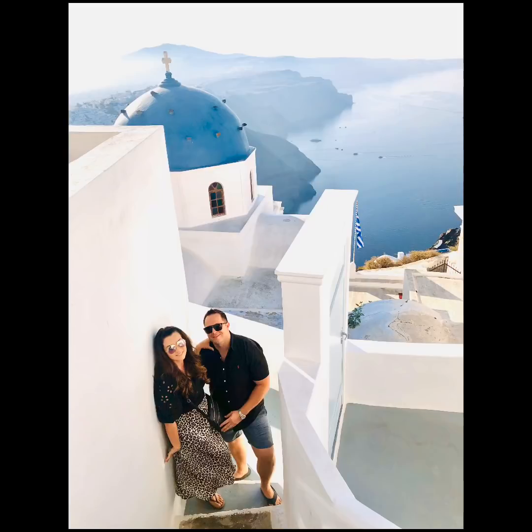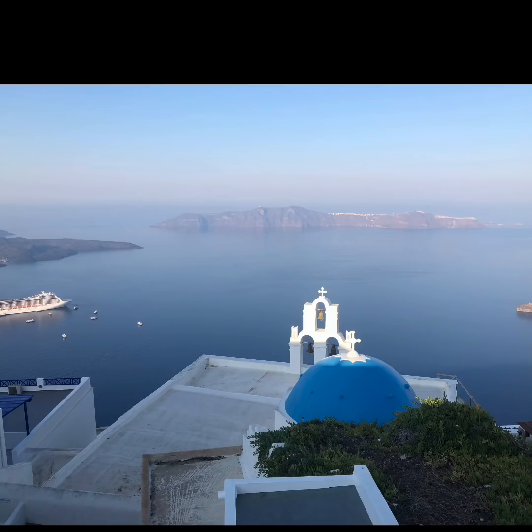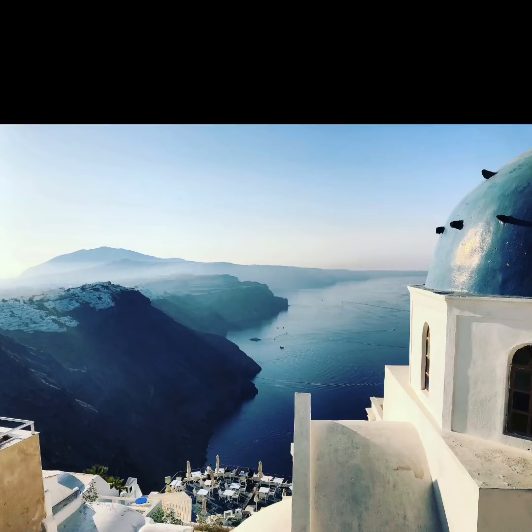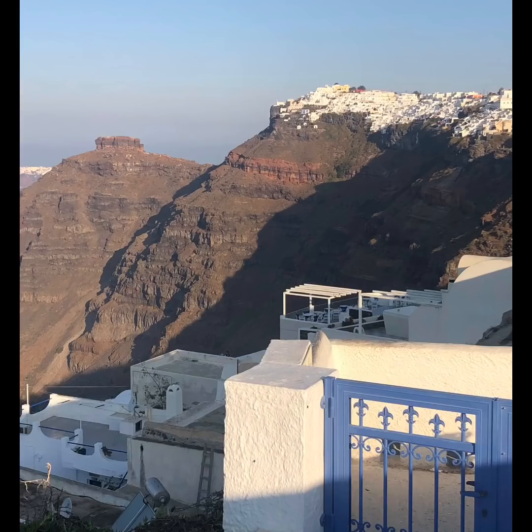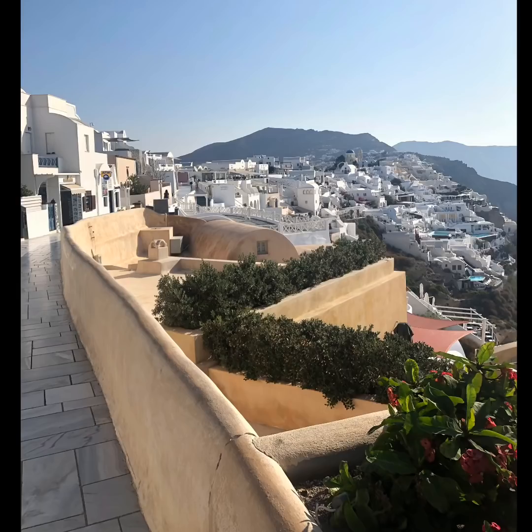In Santorini, it was this private Mercedes, huge SUV, like a bus almost. And he zigzagged through these very small roads and up to these beautiful views. We had lunch out on a terrace that overlooked the water. I'll insert photos here so you can see that. Relaxing day, something that's on everyone's bucket list to go see these famous blue top buildings that are just completely